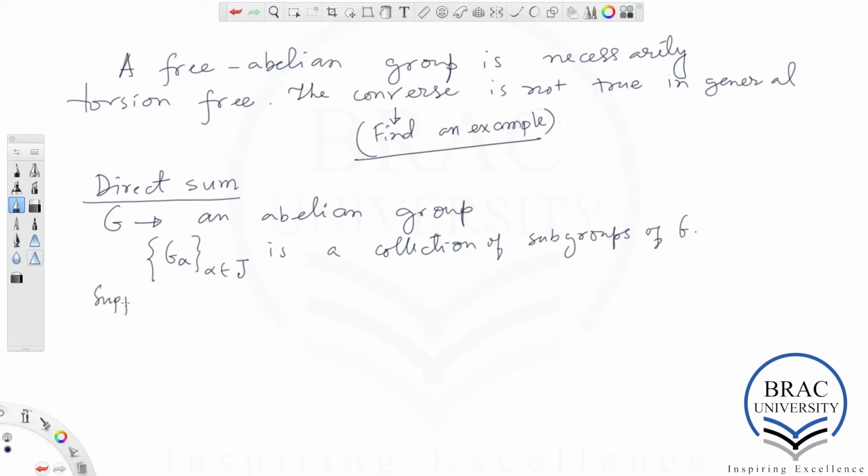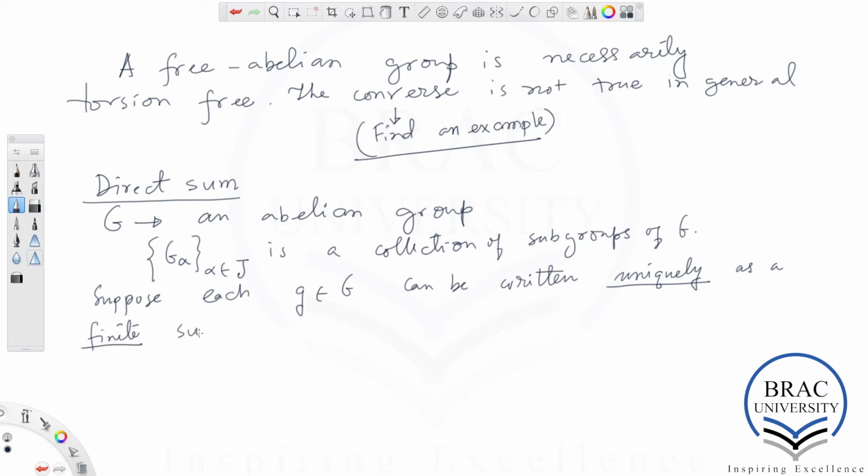Further, suppose each g in the group G can be written uniquely. It's important. It has to be unique. Uniquely as a finite sum.